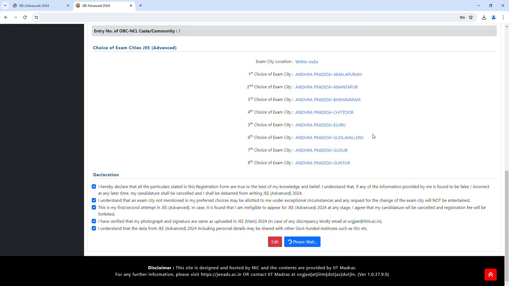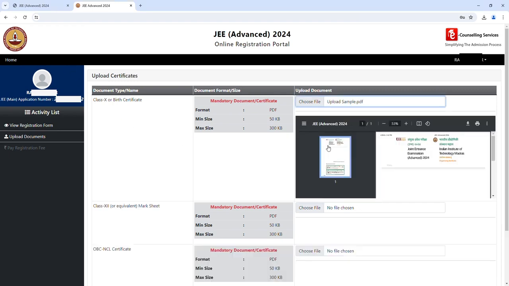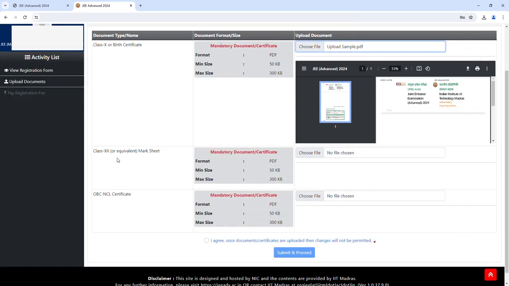And then you will be redirected to step 2, which is Upload documents. Depending on the category of the candidate, relevant fields for the document upload will be shown. Pay attention to the minimum and maximum size allowed for each document, and the file formats in which you need to upload the documents.